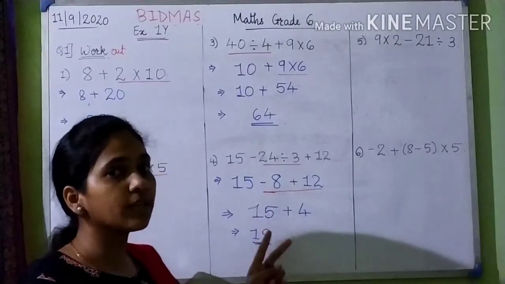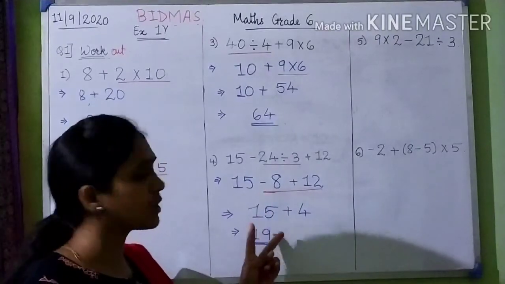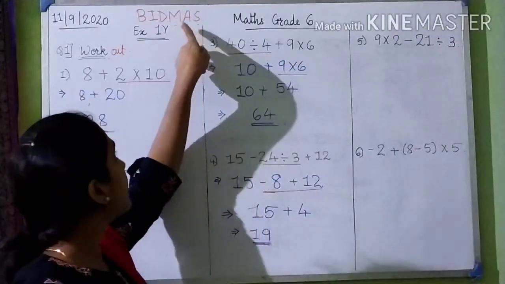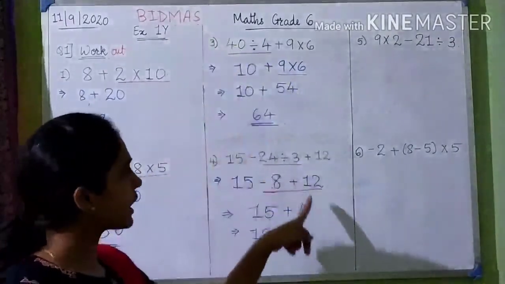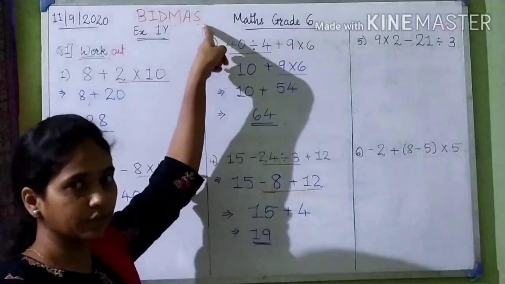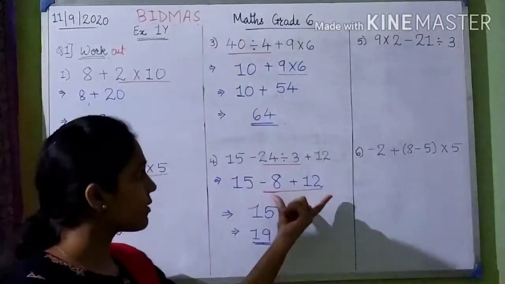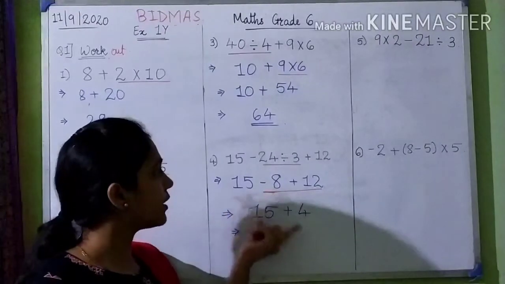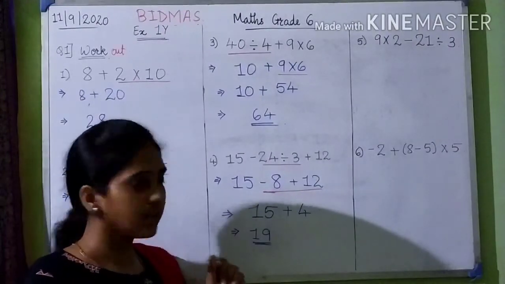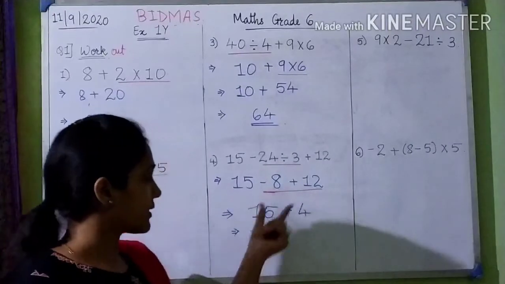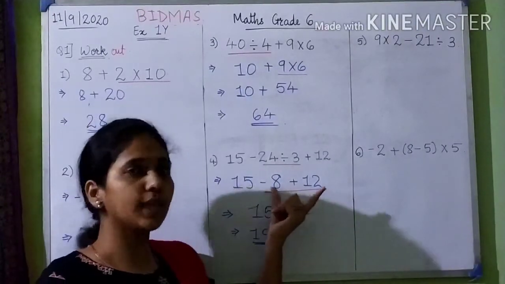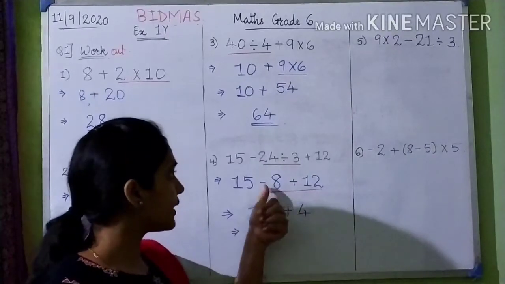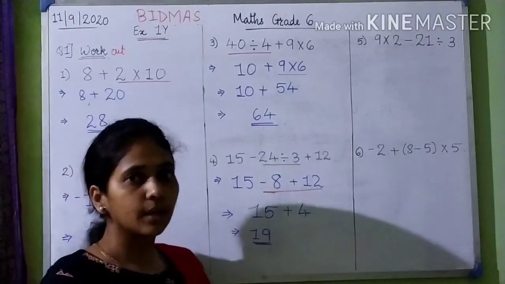But here what are we doing? By which rule are we solving the questions? By the BIDMAS rule. And the BIDMAS rule says that if there is addition and subtraction, addition will come first and then subtraction will come. So that is why I am solving this addition part first and then the remaining part. So yes, I told you that we have to consider the minus sign over here. So considering the minus sign, we have got the answer 19.